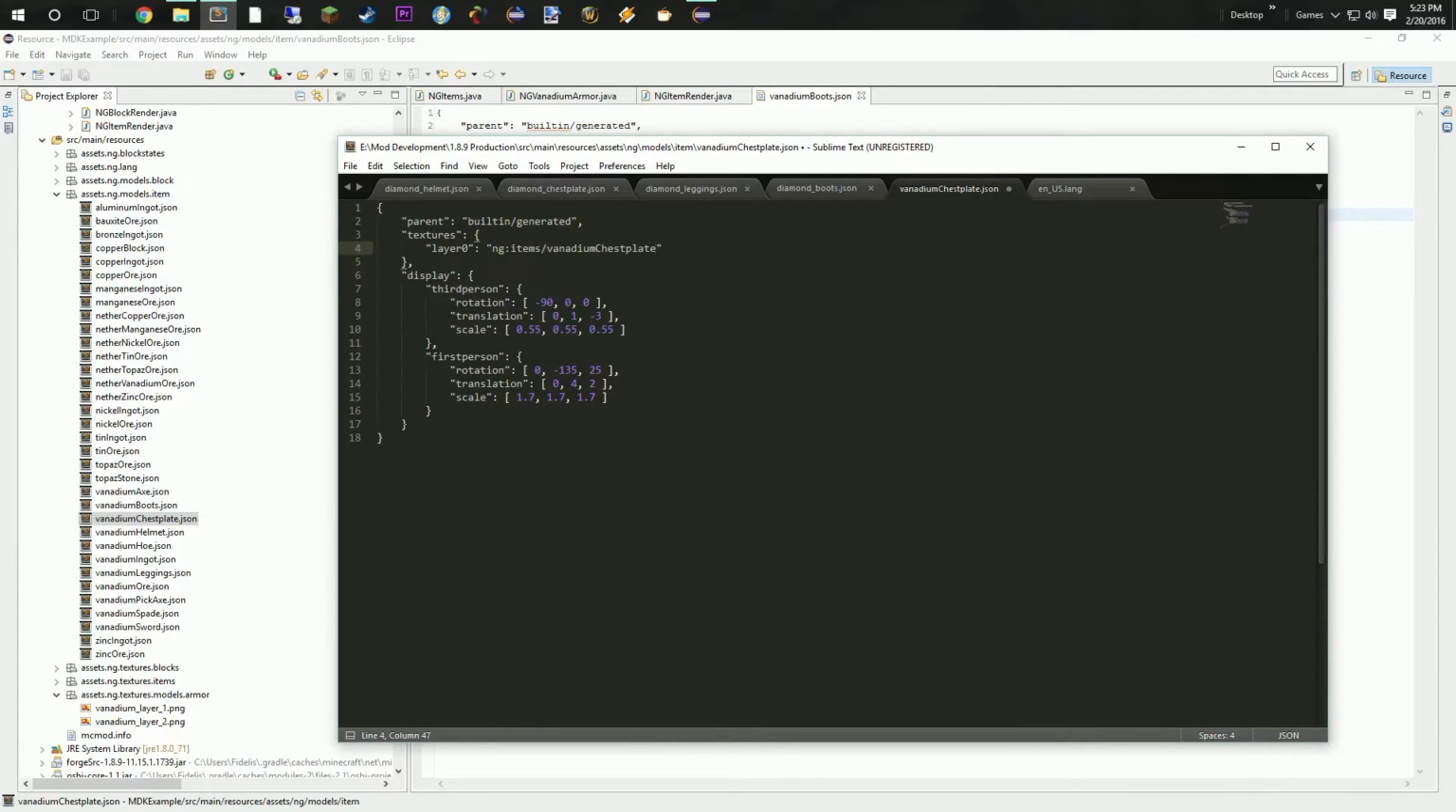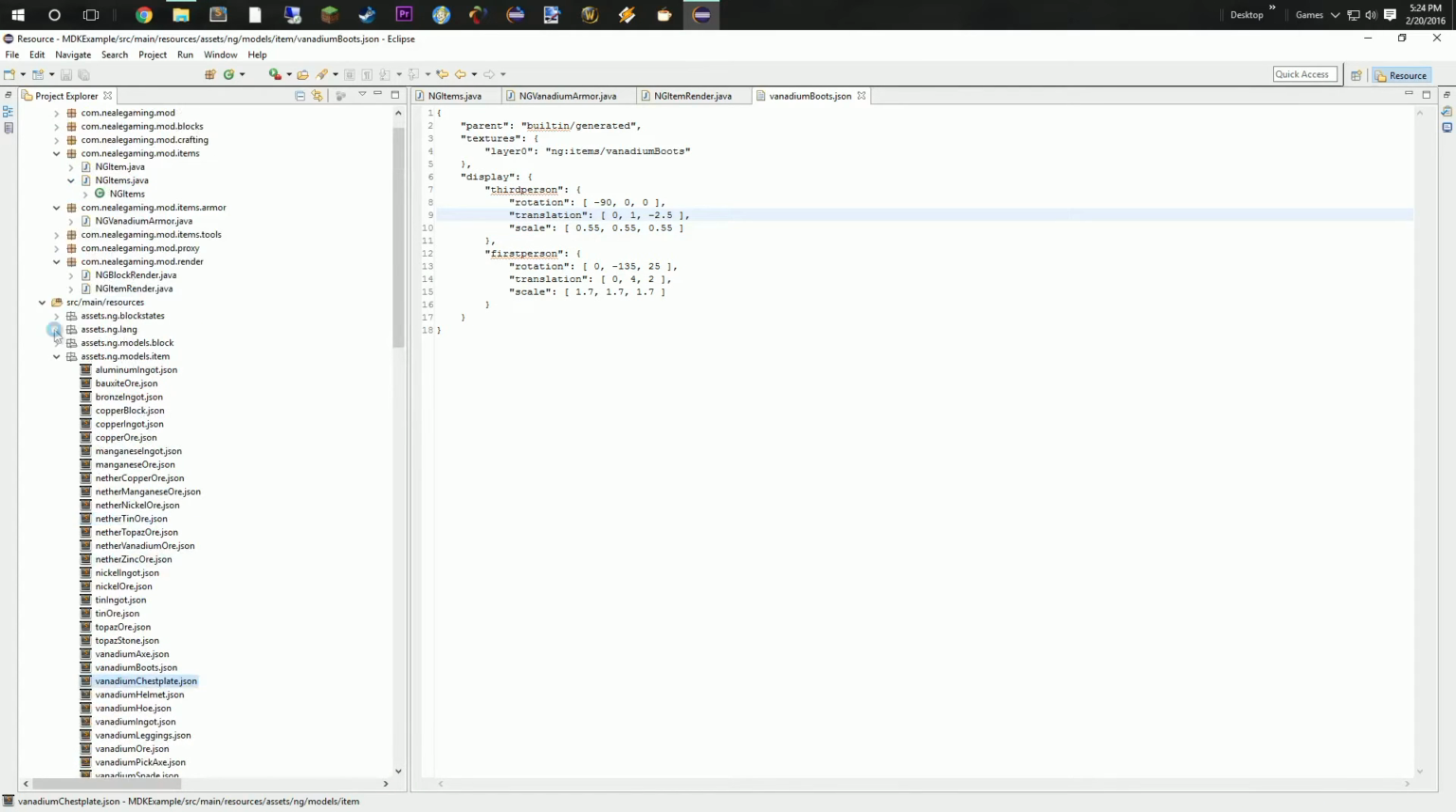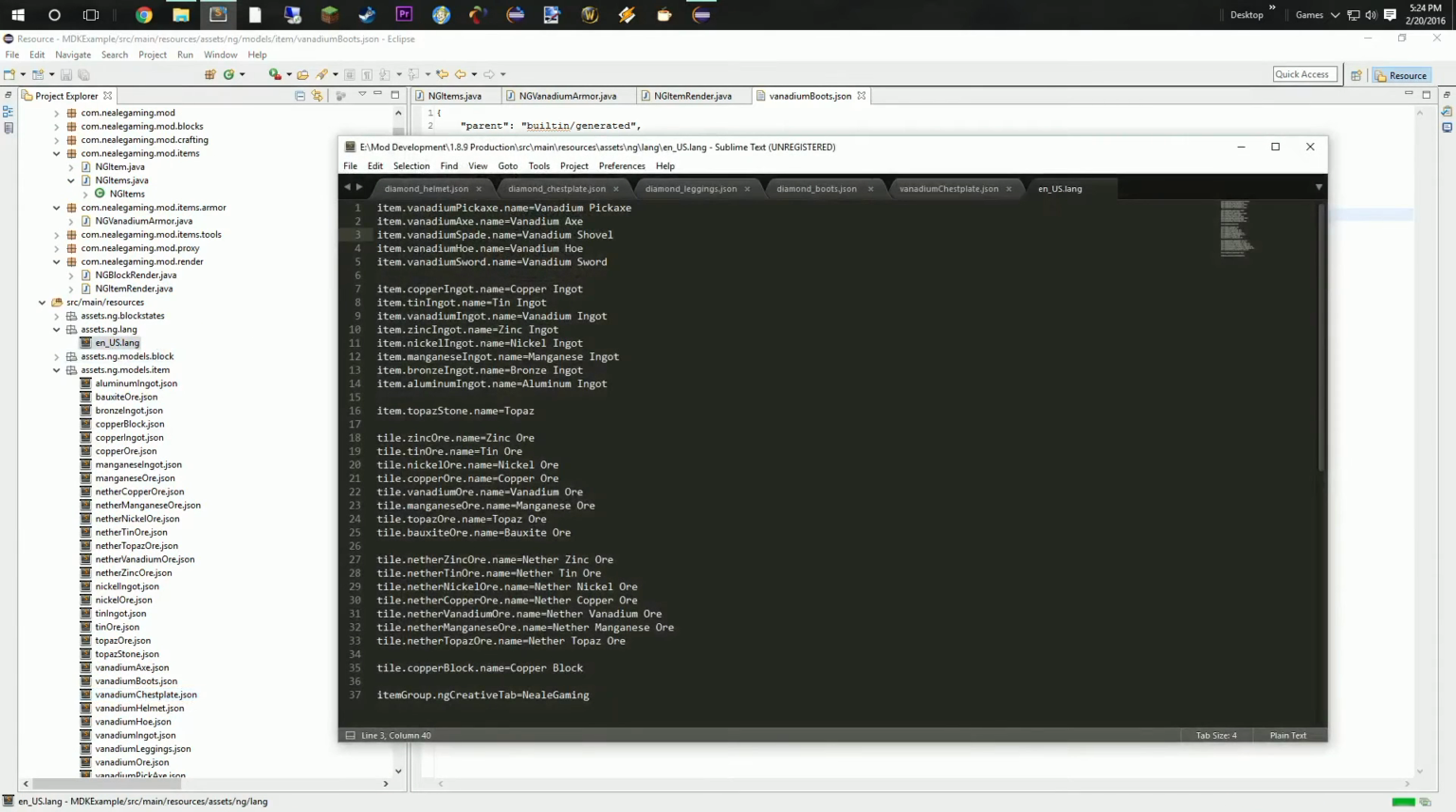So what's happening here is I have Sublime Text on my computer. I have it set as the default editor for JSON files, so when I click on them in my Project Explorer, they automatically open up in that. That's what you're seeing. Same with my lang file. So when we go in here and we add these into our lang file,